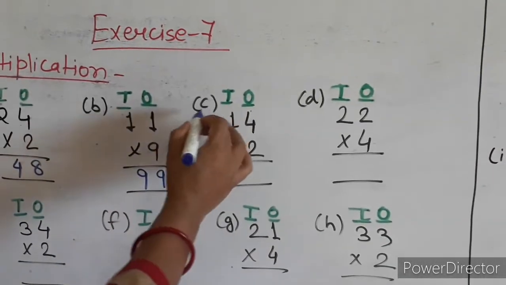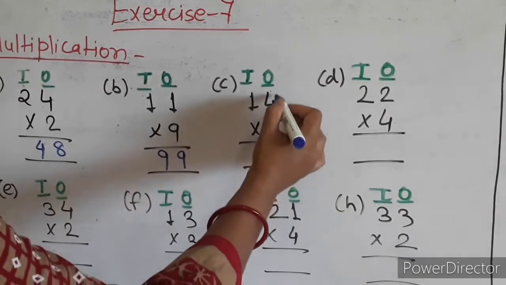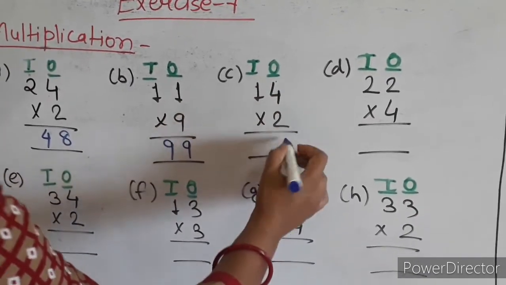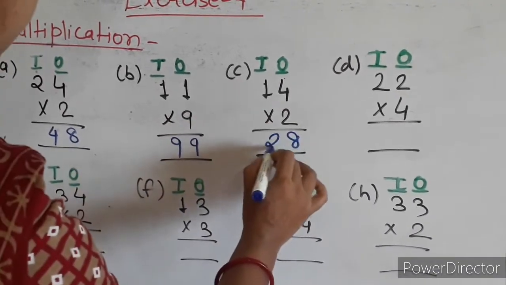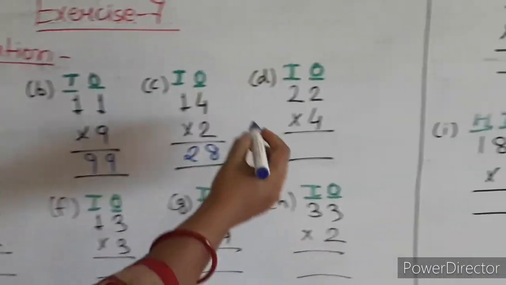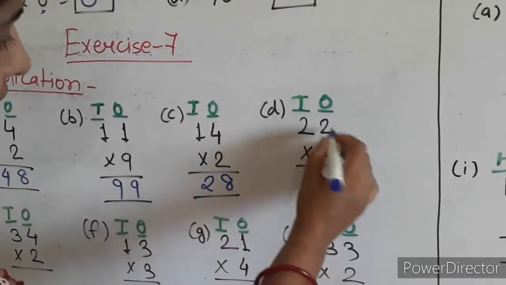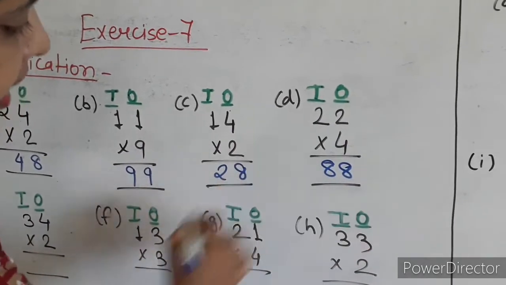Then again C, we multiply 14 into 2, first the ones place on the right side, that is 4 into 2, this is 8, and 2 into 1, it will be 2. Then in D, again we multiply the right side, 4 into 2, 8, 4 into 2, 8, 88 is